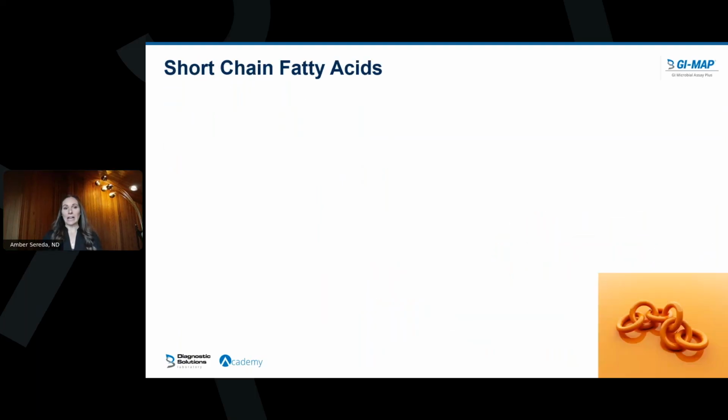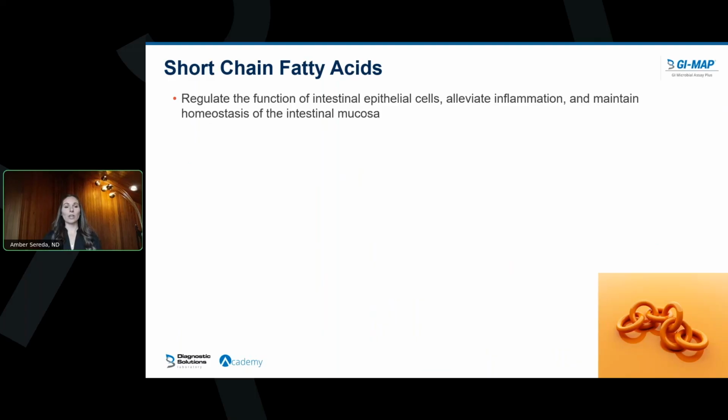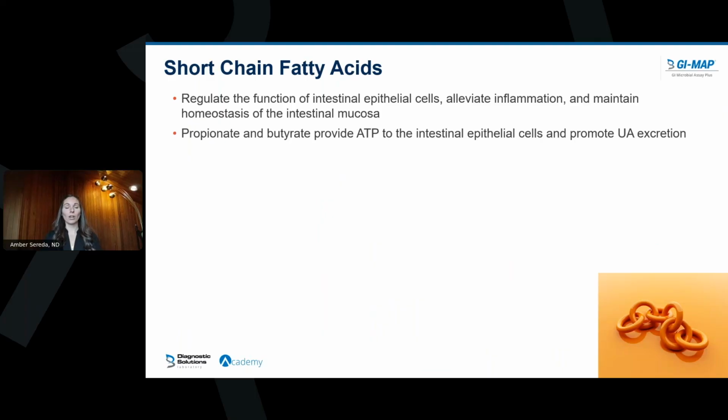So what do our short chain fatty acids do for us? They regulate the function of the intestinal epithelial cells. They can decrease inflammation, and they really help to maintain this homeostasis of the intestinal mucosa. So again, as I just mentioned, propionate and butyrate are providing ATP or energy to the intestinal epithelial cells to help promote uric acid